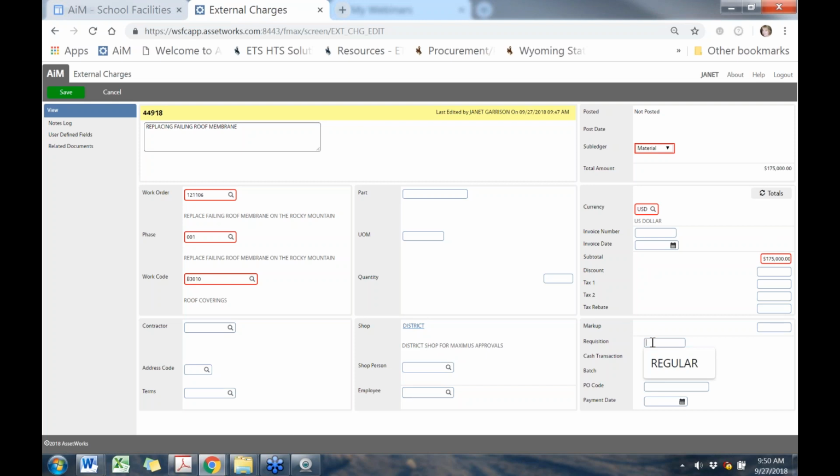regular, because this one was regular major maintenance. And you're going to type that in. It might be security, it could be regular 10%, 8%, but whatever it is, it needs to match the work order. So you'll want to go look at that work order before you enter that external charge and make sure they match. And then your batch is the other thing that you have to put